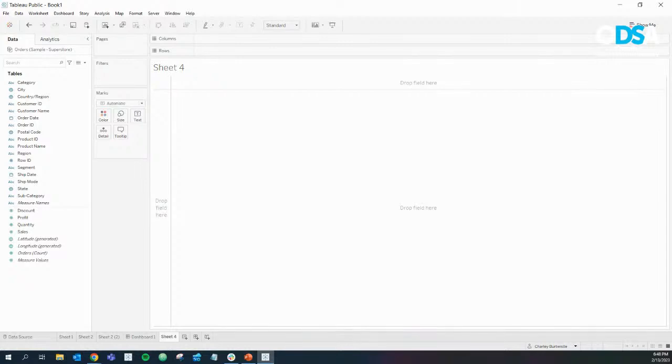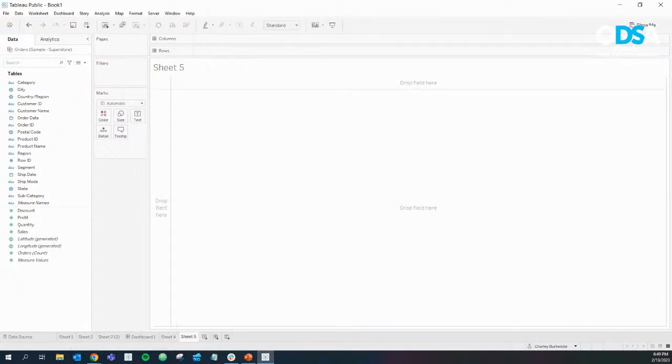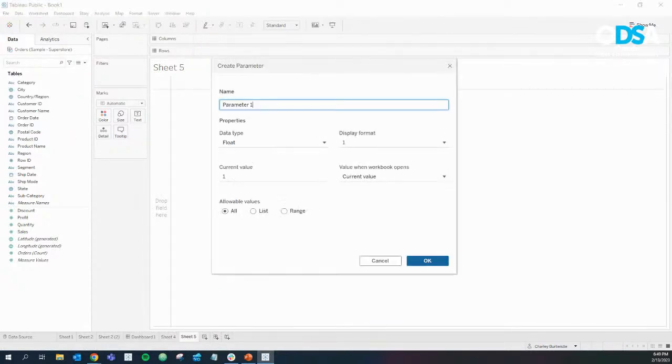Now, the commonality between those two things is the sum of sales. The thing that's changing is the columns. So we're going to create a parameter to allow us to choose between ship mode and category. So let's create a new tab. We'll go here, create parameter, and we're going to title this,